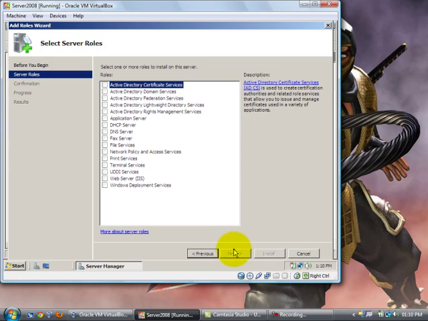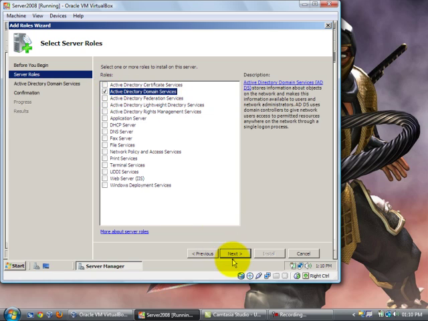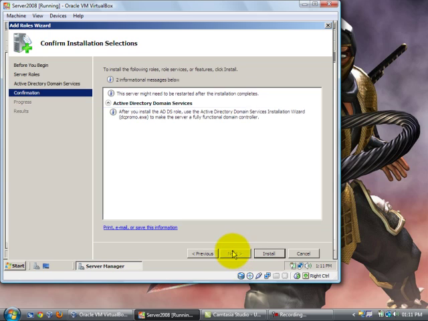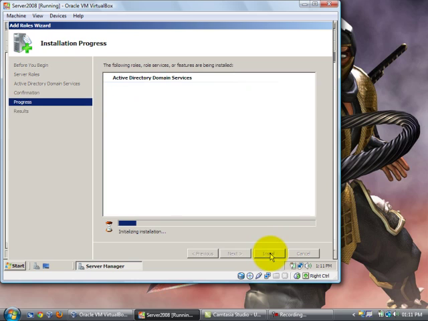Next, and we would select from the different roles Active Directory Domain Services. Select. Next. Next again, and install. This will take a little while, so while we are waiting, I'll tell you about